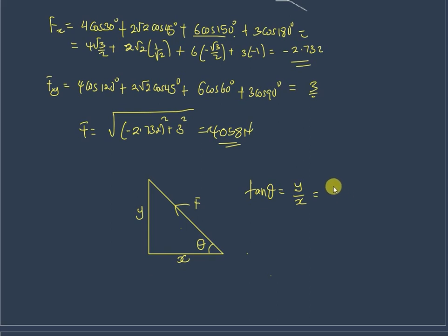So we simply have 3 divided by 2.732, so theta is the inverse tan of 3 over 2.732,